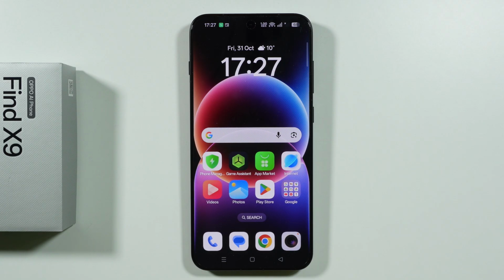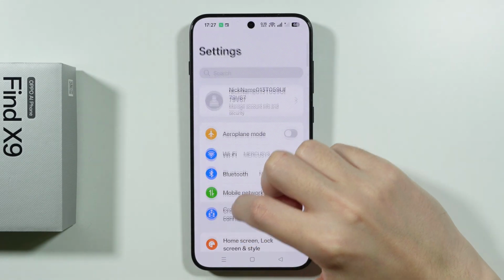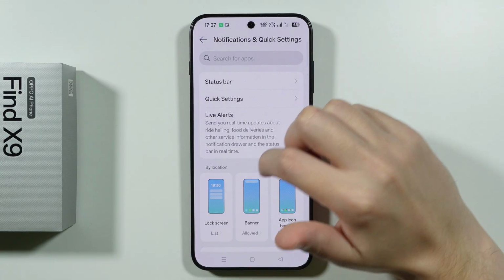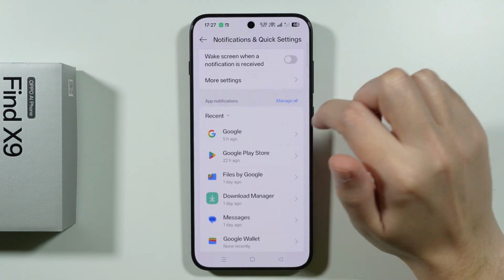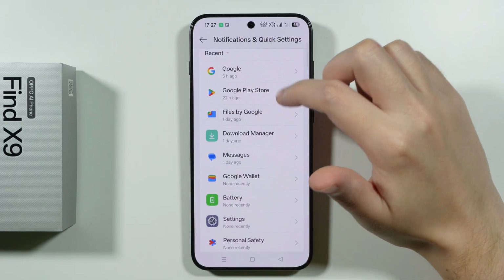If you want to manage notifications for apps on OPPO Find X9, first of all we can open Settings. Now in Settings, scroll down a little bit and then choose Notifications and Quick Settings. After that, if you scroll down in here, you should be able to find app notifications, and this list is